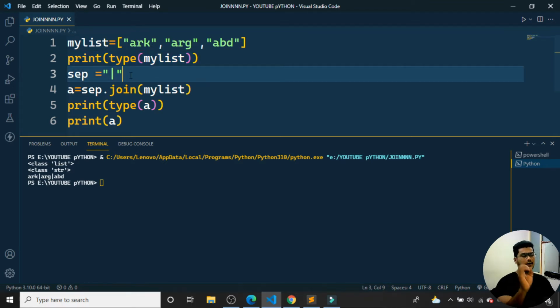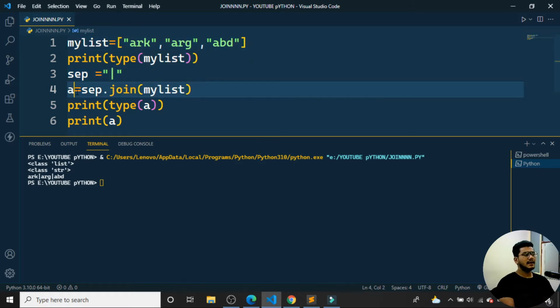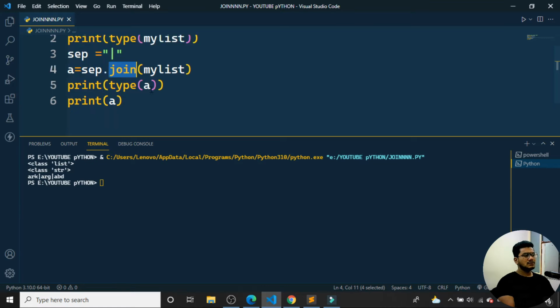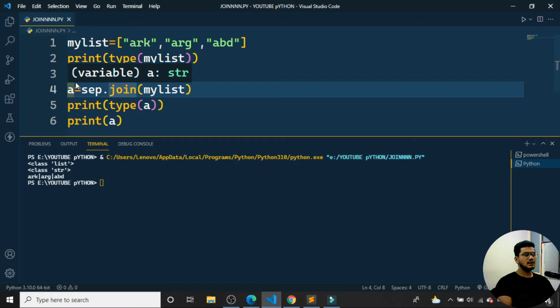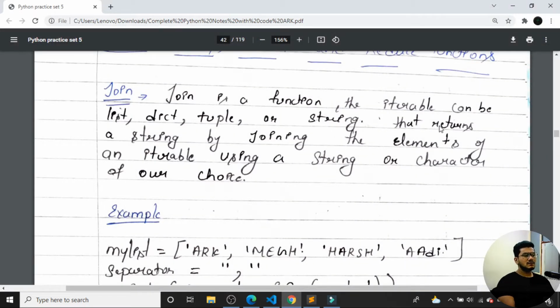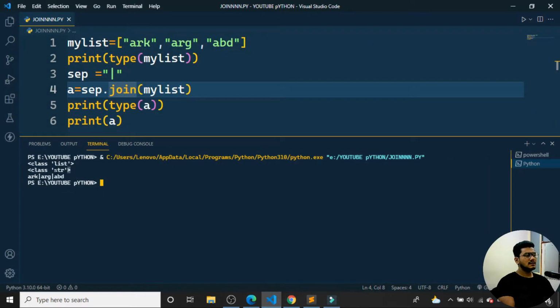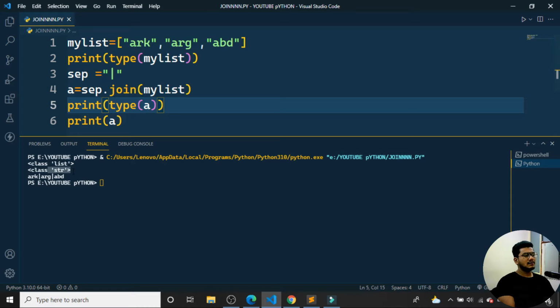Then we have given one separator. So I said I want one separator to be added to each element, each index, from my list. And I said I want to use a join function. So for this particular list I want to apply a join function. I did, and the particular operation has been performed. As it is said in the notes, when I'm using join, it will return me a string. So it is returning me a string. It is giving the class str after it got converted from the list to a string. Right, then it is giving type str.